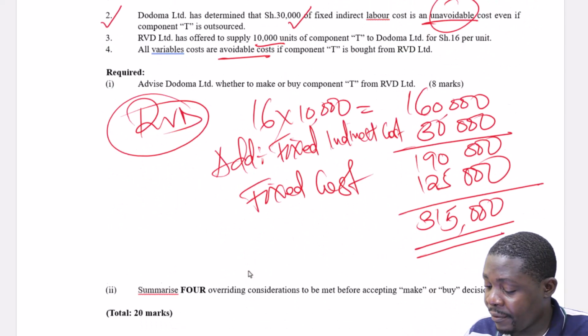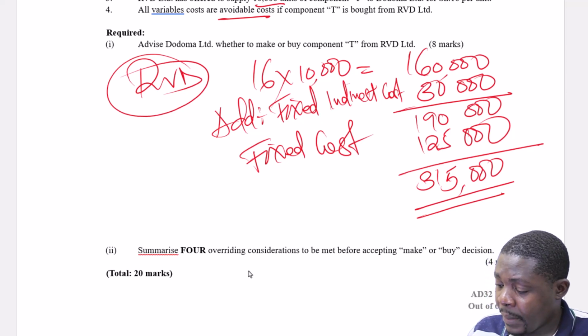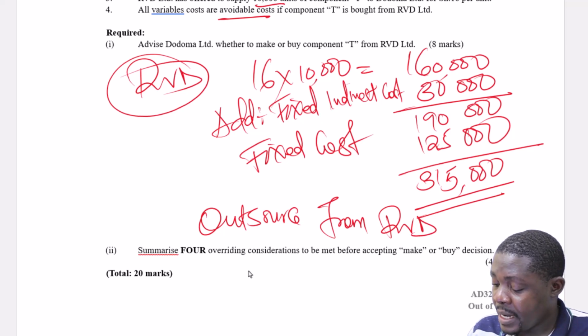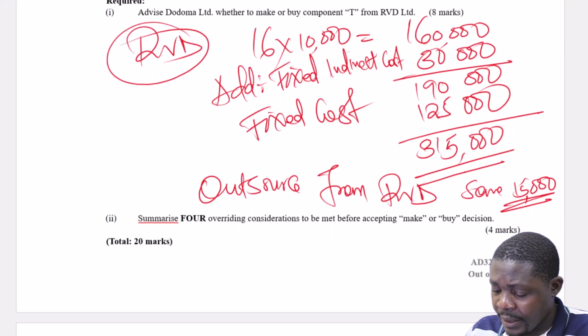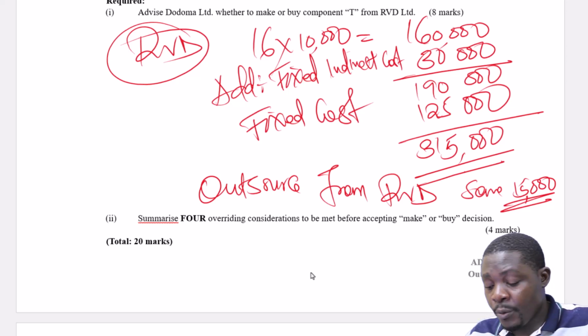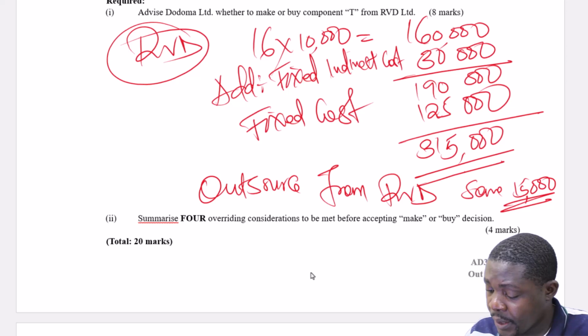Now, our advice will be, let the management outsource from RVD, which is a bit cheaper, and even if they do that, they are going to save 15,000 shillings. Then we are told to summarize 4 overriding considerations,